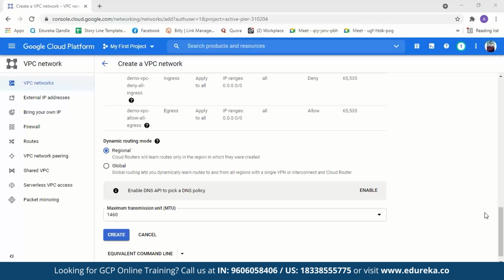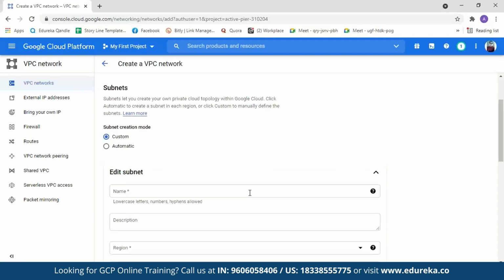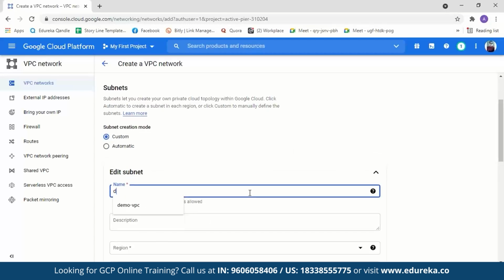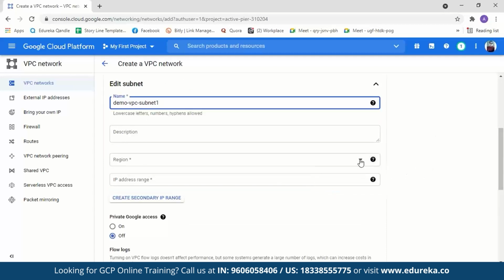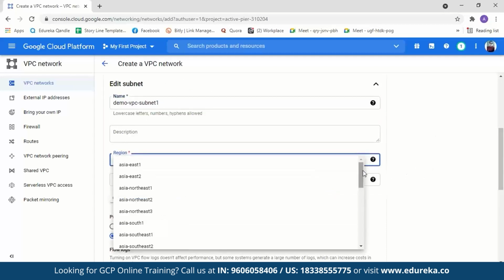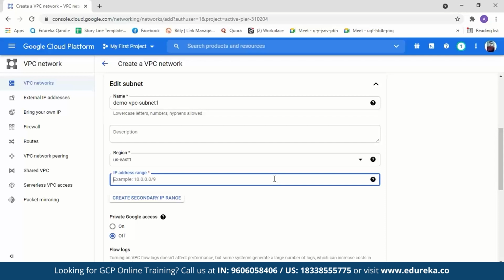But for this demo, we're going to select the custom subnet and create only a few subnets. So we'll just go to custom. Now we can name a subnet anything we want. We'll just name it demo VPC subnet. If you want, you can add a description about your subnet. Next, we have to select a region. So these are the available regions. So we'll just select US East 1 and we have to mention the IP address range. So we'll just mention